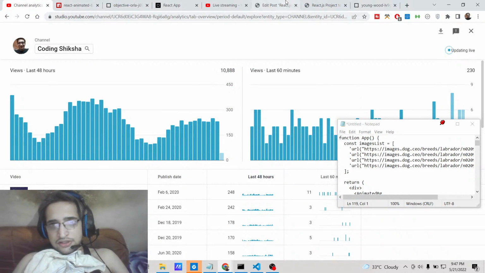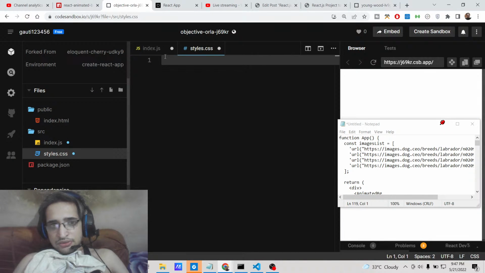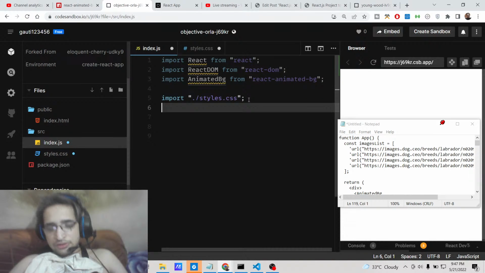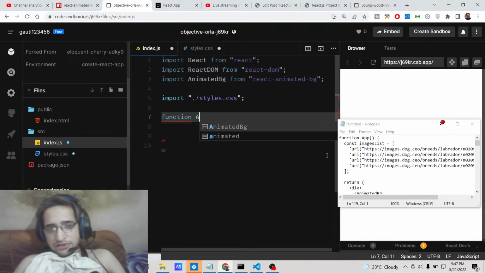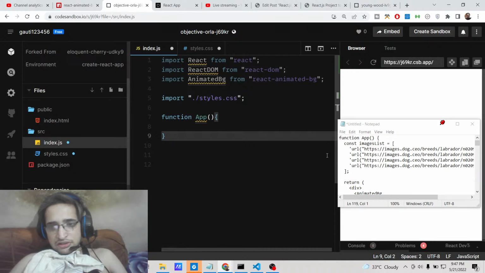Let's start building this application. The very first thing, guys, inside this, we have imported React, we have imported the React DOM library, and we have imported this React Animated Background library. Just import this and also style.css. After this, we will have the functional component, and inside this functional component, what we will do is